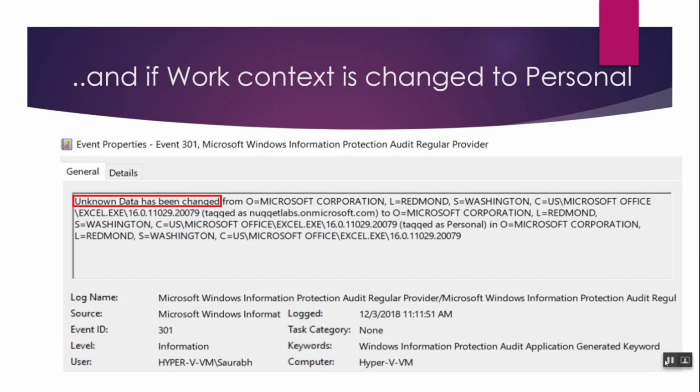So what this is showing is that the data has leaked. Somebody has done a copy paste from a file which was tagged as corporate to a file which was not tagged as corporate. And this is happening because we have the WIP policy in place. So that is the first place wherein it's going to mark that, do that logging, depending upon how we have